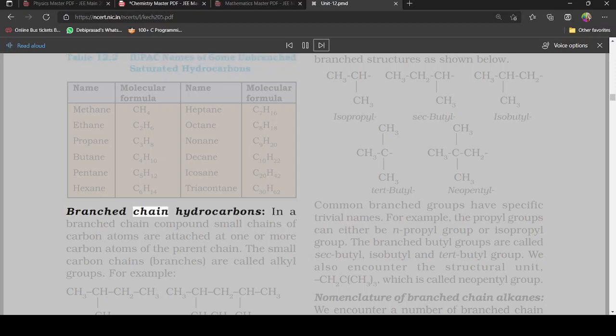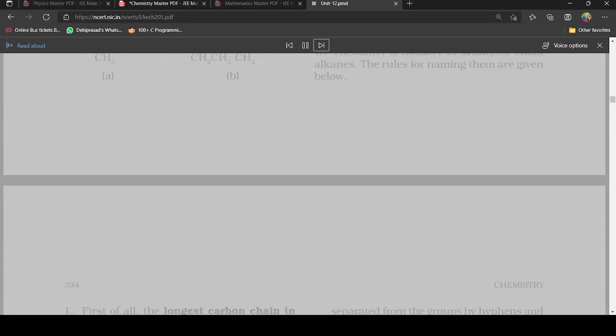Branched chain hydrocarbons. In a branched chain compound, small chains of carbon atoms are attached at one or more carbon atoms of the parent chain. The small carbon chains, branches, are called alkyl groups. For example,